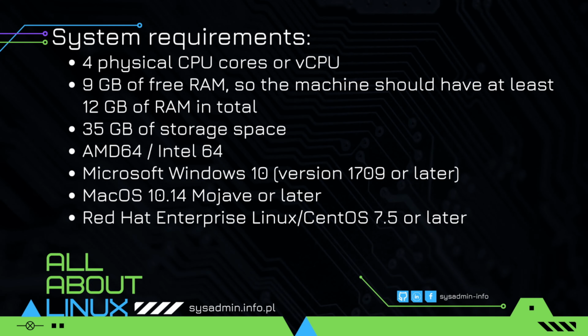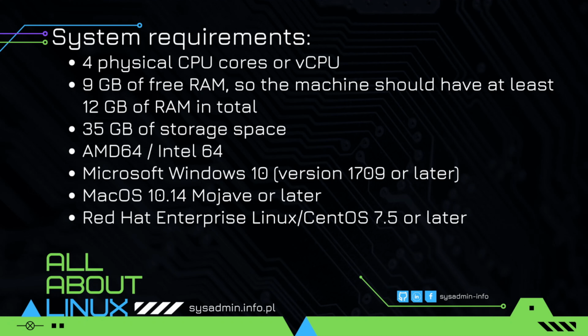Hello! Today I would like to show you how to install Red Hat OpenShift CodeReady Containers, in short CRC, in Linux. So first of all, check the system requirements. You can see you need at least 4 physical CPU cores or vCPUs, 9 gigabytes of free RAM, so the machine should have at least 12 gigabytes of RAM in total, or even more,